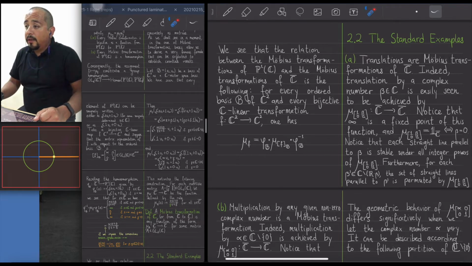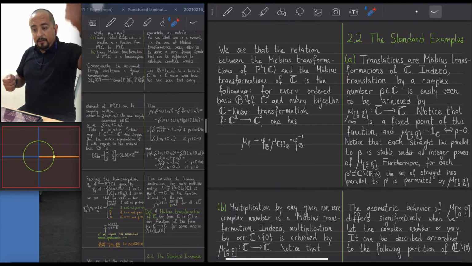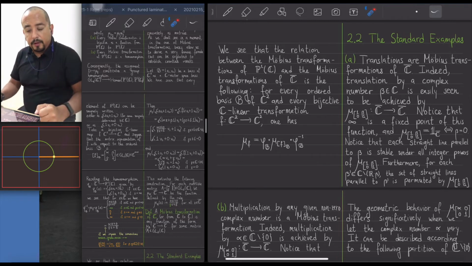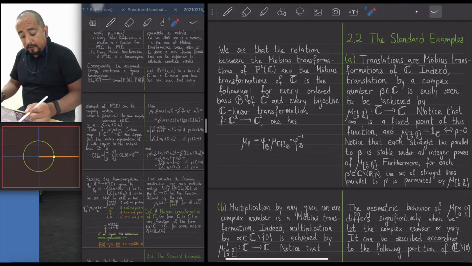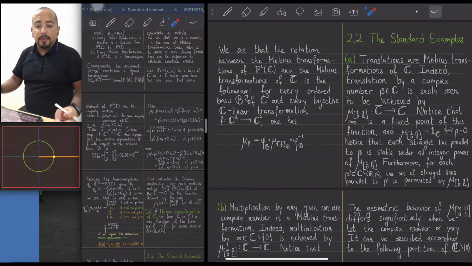Well, it is clear that the lines that are parallel to the vector beta, each of them is stable under iterated translations in both directions, right? I mean, under all integer powers of this transformation. That's what I mean, that the translation is such a simple function that one can just see it, one can find immediately a family of curves that are stable